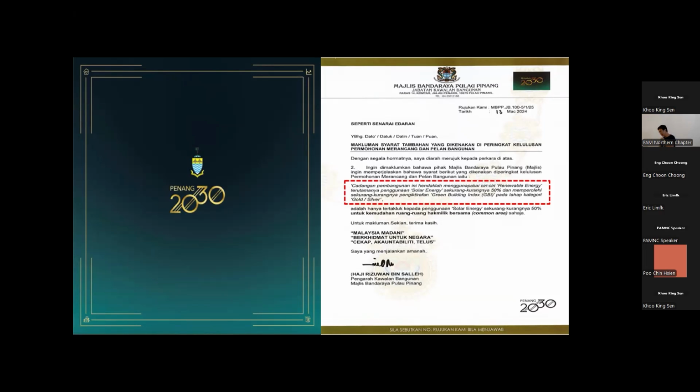For a commercial building, 50% possible? For a commercial building, 50% is really a lot. It depends. If you're a clubhouse, an open air resort, you can. If it's a fully aircon shopping mall,